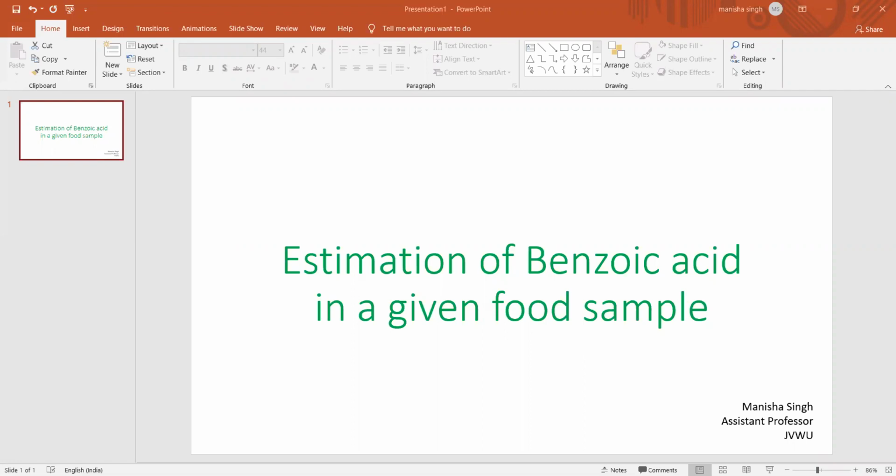Preservatives are those compounds used to prevent and retard the microbial spoilage of food. According to the FSSAI, a preservative is a substance which, when added to food, is capable of inhibiting, retarding, or arresting the process of fermentation, acidification, or other decomposition of the food. Preservatives are classified into two classes: class 1 preservatives and class 2 preservatives.